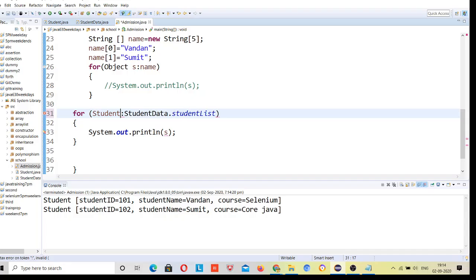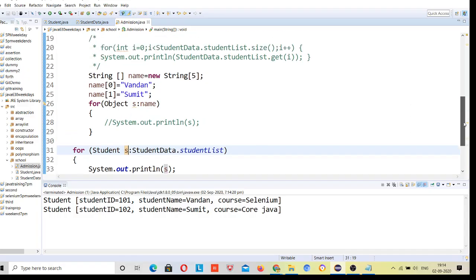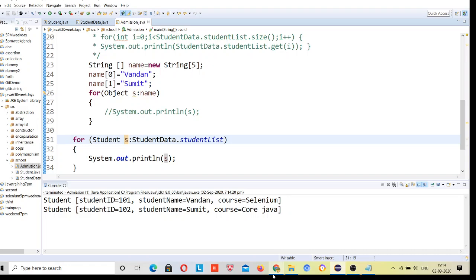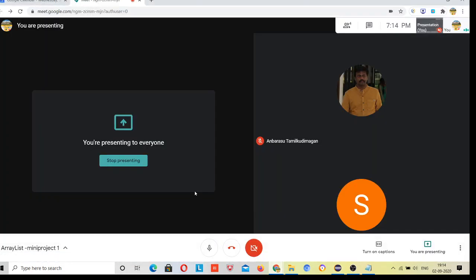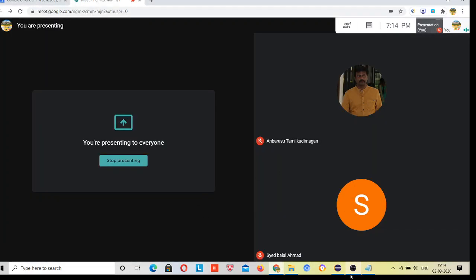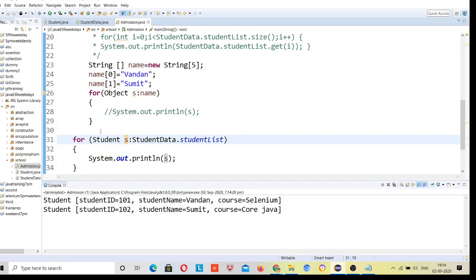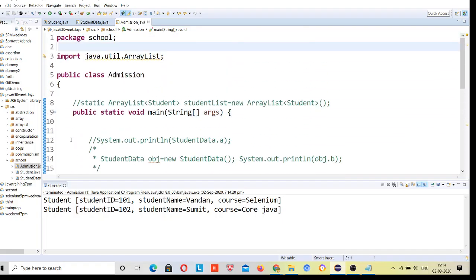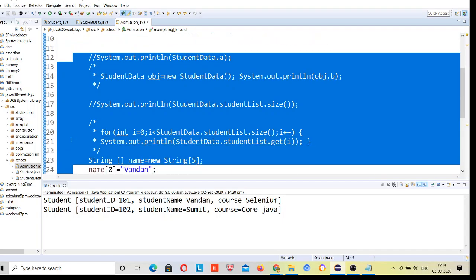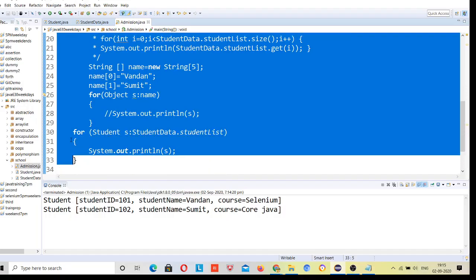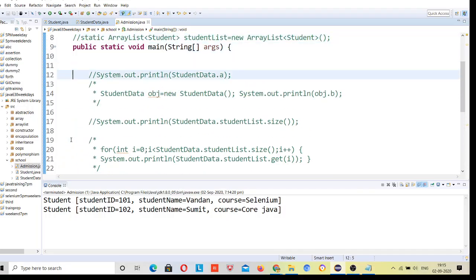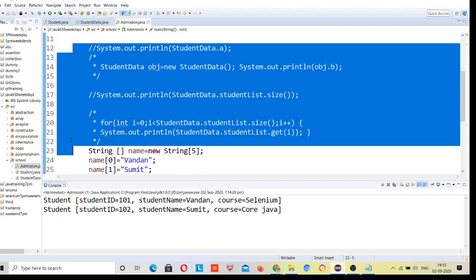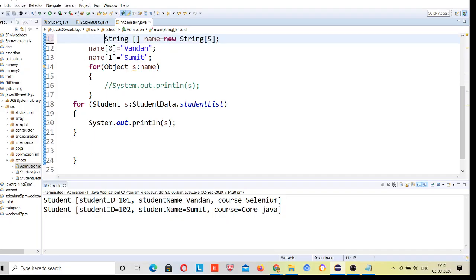One more thing here: this variable was static. Sometimes we don't have memory in this static variable, and we get confused. If data is not available, then a null pointer exception will be there. This is a big problem with static blocks. If data is not there, or there is less data, and we are trying to print it, then we will face a null pointer exception, because we are printing this and assuming the data is already present.